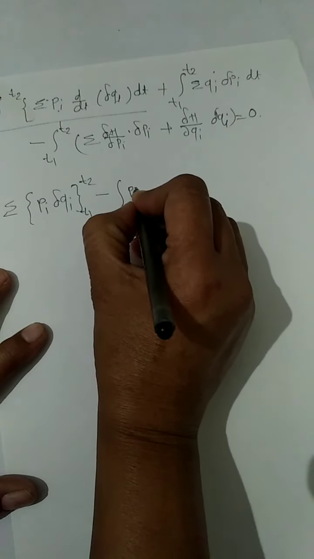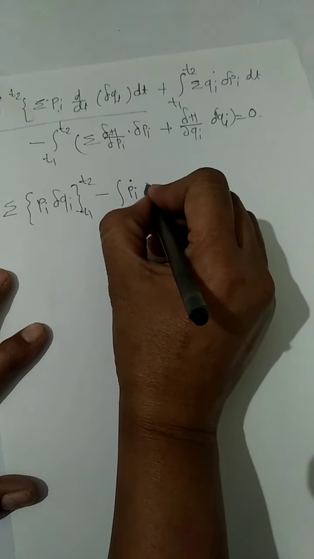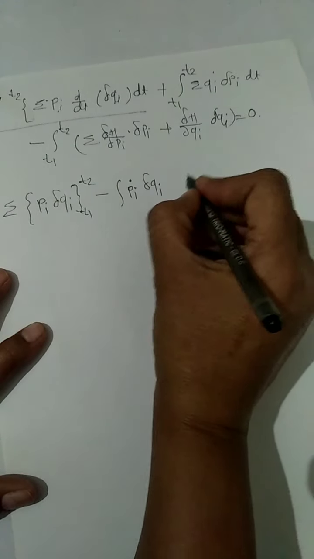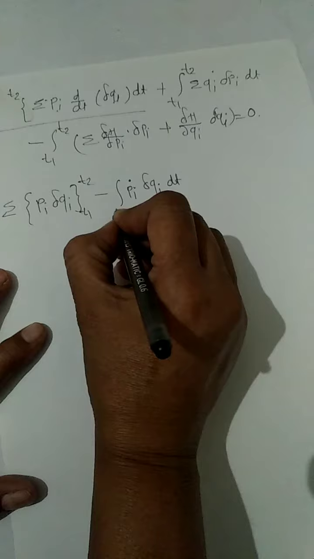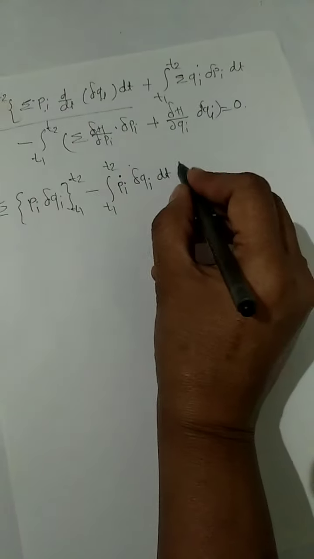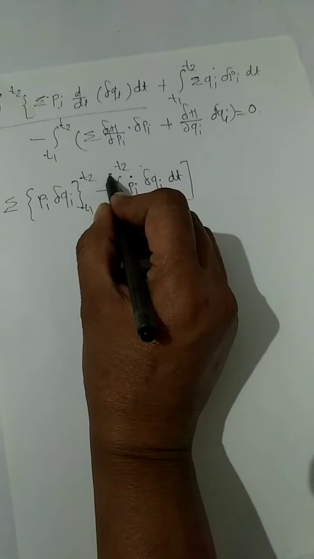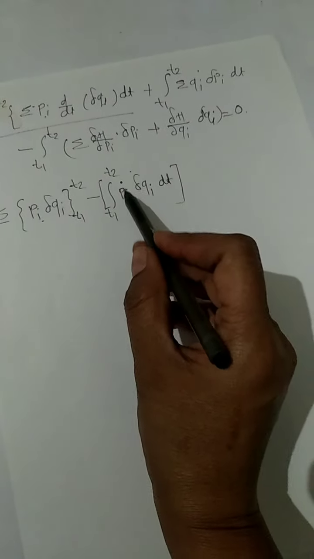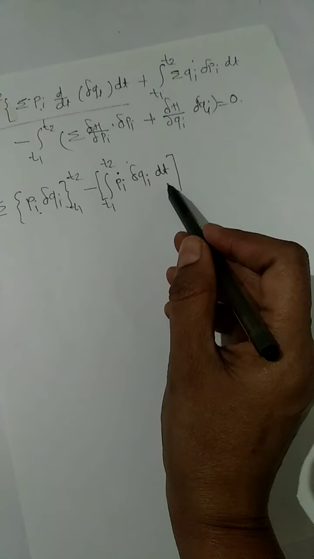The derivative of first is Pi dot into integration of second, del Qi into dt, T1 to T2. Integration by parts is used, and then this term is written as summation of Pi into del Qi from T1 to T2 minus integral T1 to T2 Pi dot del Qi dt,